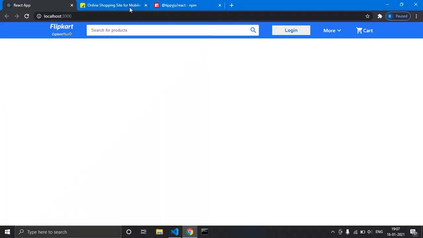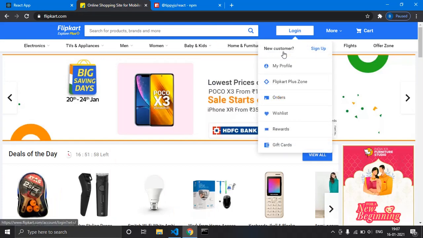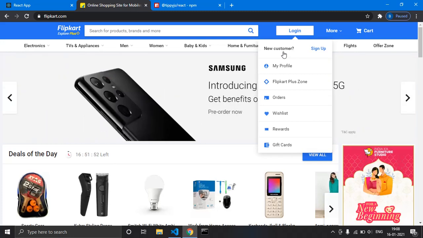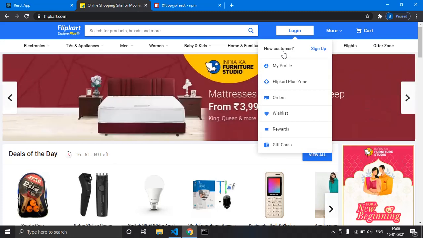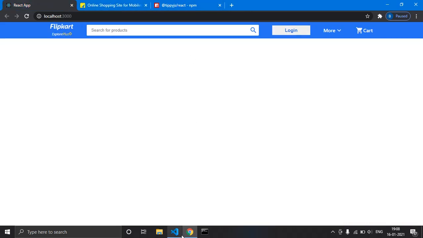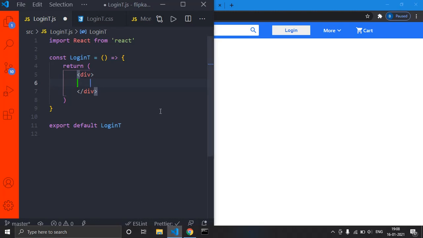Okay, now how many parts do we have? I am considering it like this, so it will become easy. We have 1 2 3 4 5 6 7, so we have 7 parts like that. So first let me name this outermost div as login t, and we have 7 divs, right?